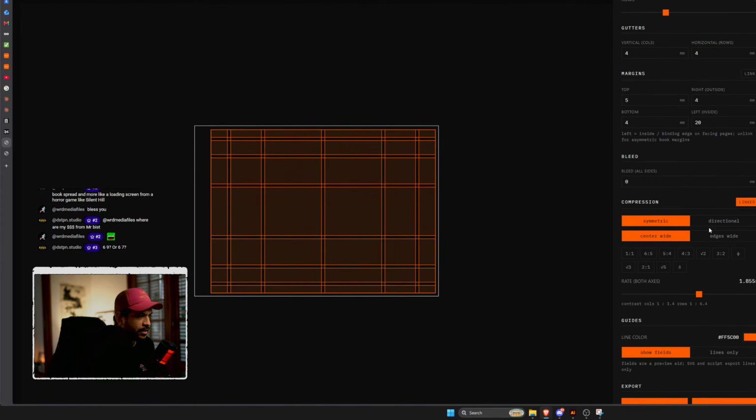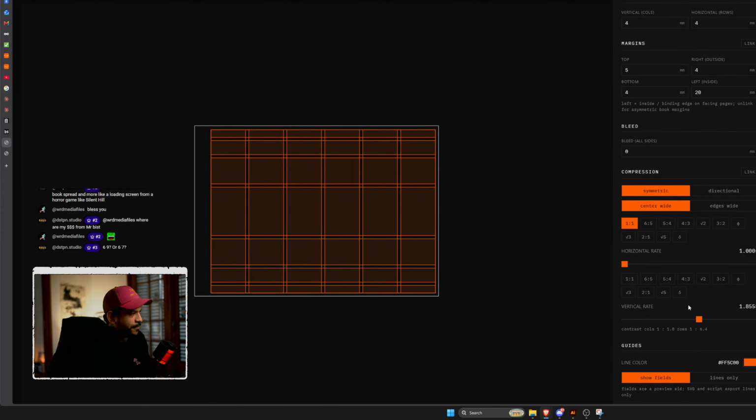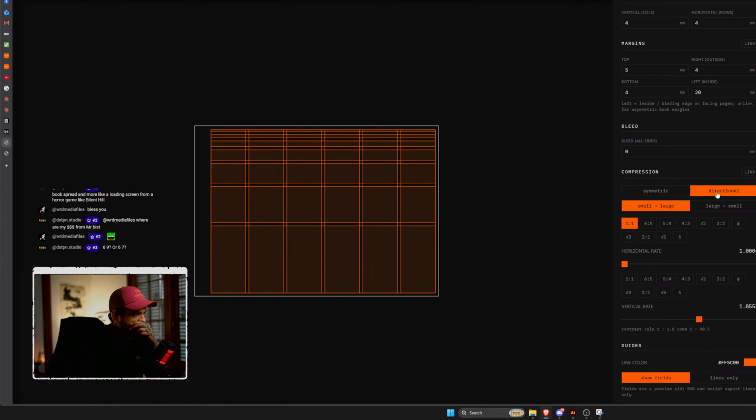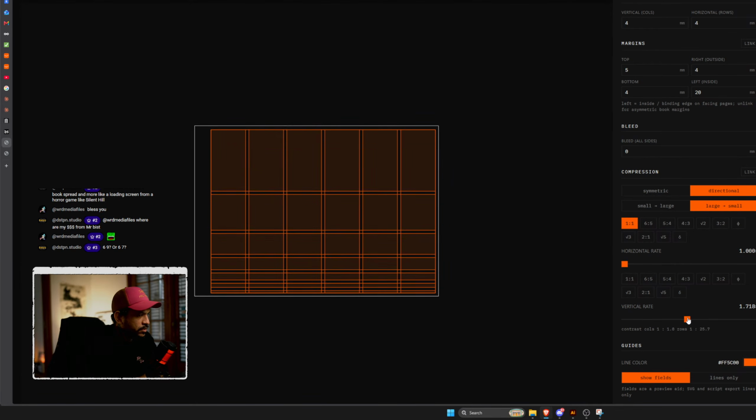Okay. Let's unlink this because I want to make the horizontal compression with no compression, and I want the directional there. This is what I want. Right, I don't want to make the compression the other way around.